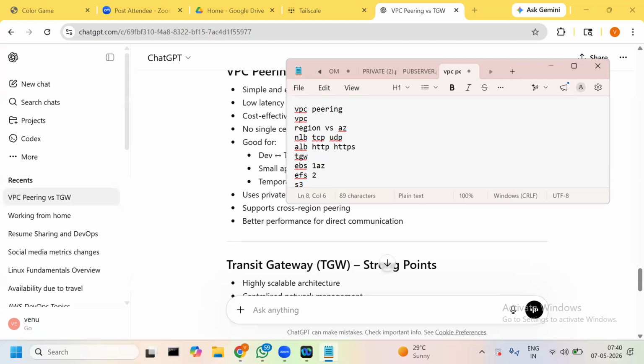So EBS is a single agent of the servers we can attach. EFS, we can mount the multiple agents of the servers. If you want to share... EBS is a critical file system mounted with the servers. That is called a root volume. So we cannot share the EBS, and if you want, we can share the EFS by